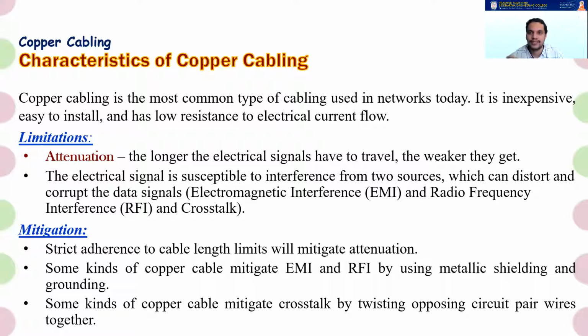The main reason behind twisting of the copper cable is pretty simple. It is to mitigate the crosstalk that happens. If you have two wires that are parallel to one another, each might act as an antenna and attract the signals from the other, which leads to loss of signal. So in order to reduce that, what we usually do is twist them together just like a DNA molecule, in a helical pattern. I'll show you more.